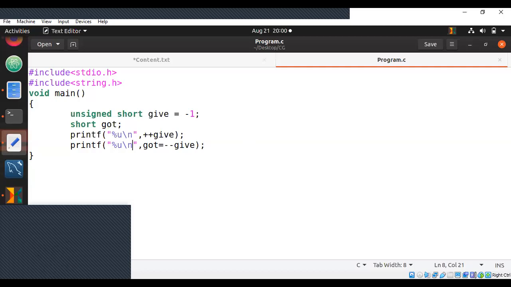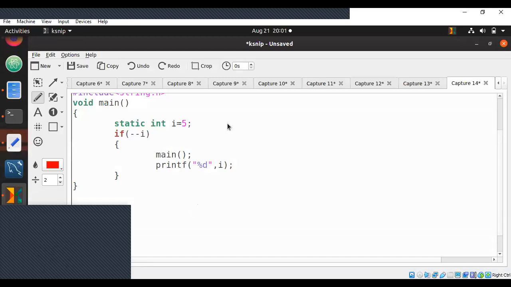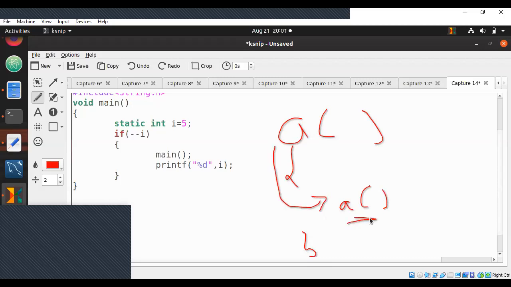Okay, for those who are finding difficulty about calling the function again and again, just go through a simple example of recursion. You'll be able to understand. See, main has called itself again. Now, when you have a function called a, which calls itself again, what happens? First time it has called itself again. If you have some statements ahead of it, second time when it is called, it will execute the whole thing. When it has finished second time, it will go back to first time wherever it was paused and continue.